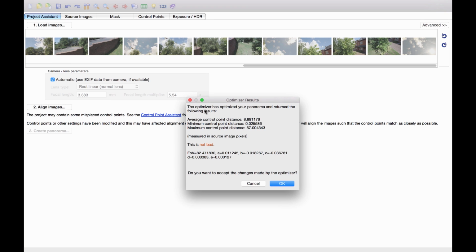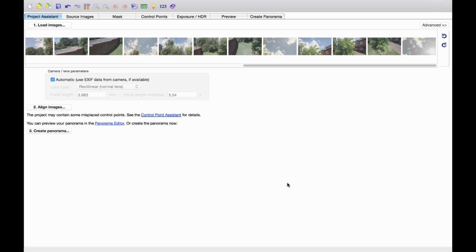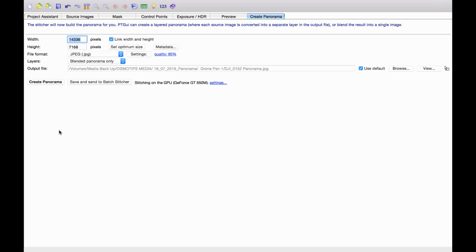And then it gives you a message here about optimizing the panorama. This is not bad, but because it's in red, I think there's something it doesn't quite like, but I'm simply going to ignore that. Click OK. And now we're ready to create our panorama. And all you do is you click this button here to create the panorama. You can click this button here to set the optimum size, which currently we've got is